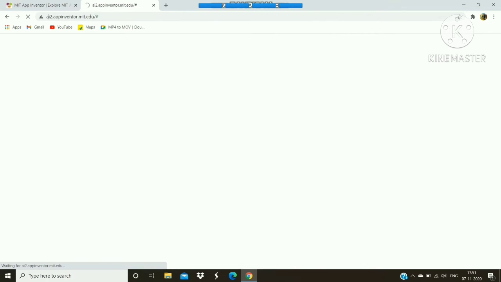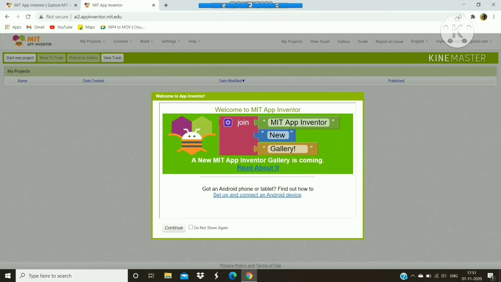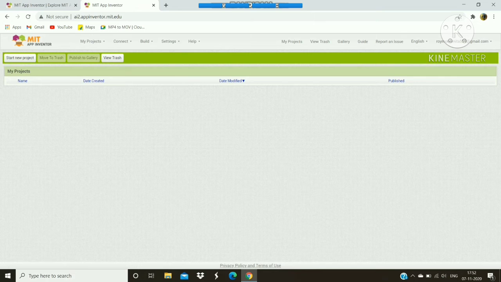Here is the web page you can see. Now click on I accept the terms of service. Now here you need to click continue to dismiss the splash screen. Click on close. Once it is gone, you can see the project window.